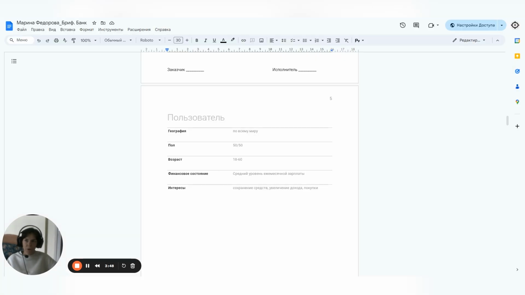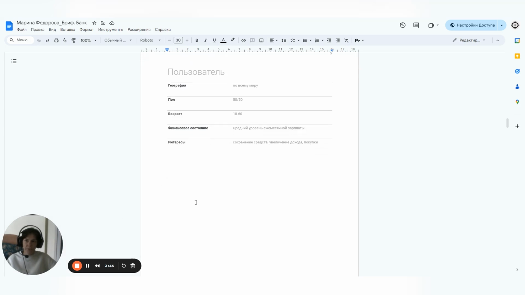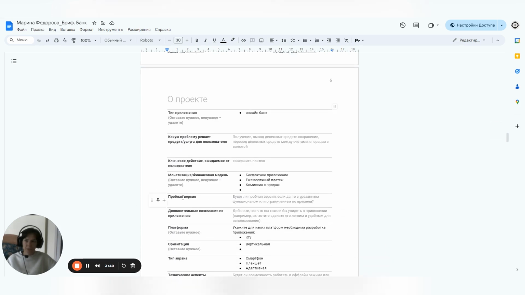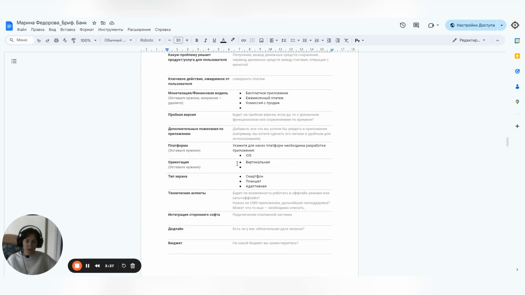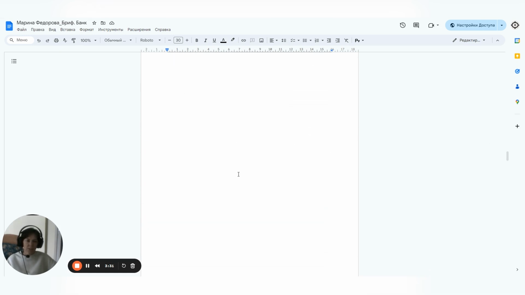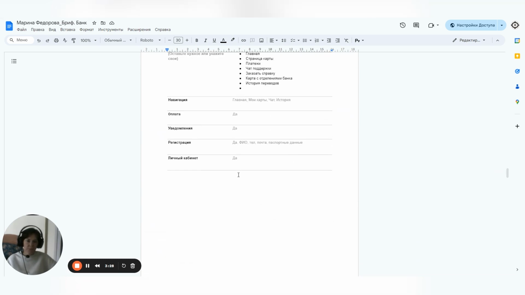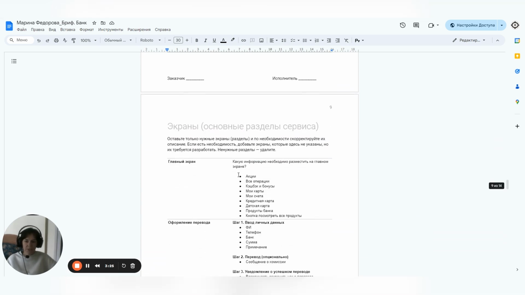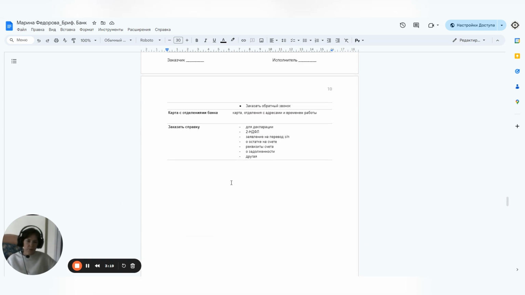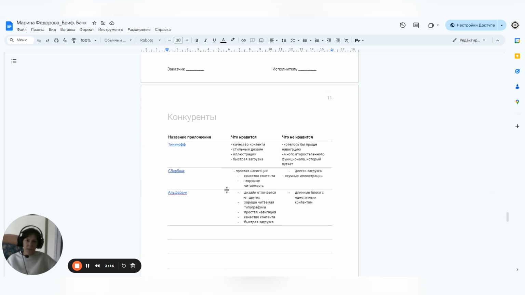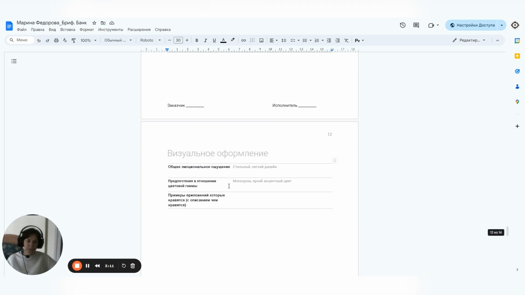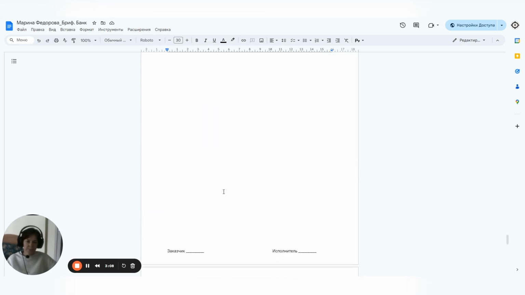The process of working on the project began with the completion of the brief. This is full information about the future project. What is the app? What is the app's target audience? What does it need? What is the unique sales offer? What is the app structure? Who are the main competitors? The app's target audience: these are people from 18 to 70 years old. They use payment cards and online mobile apps to transfer money to other users of the payment system.